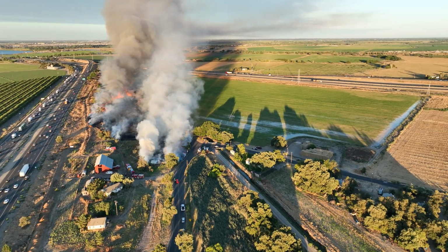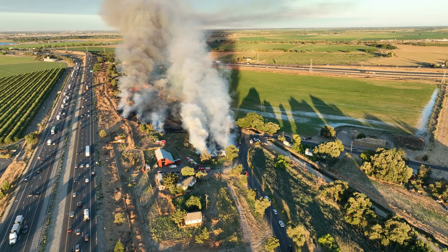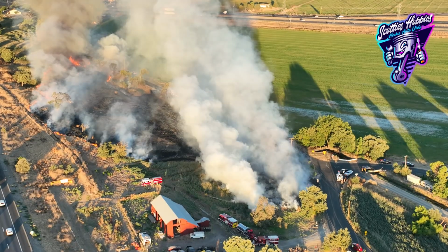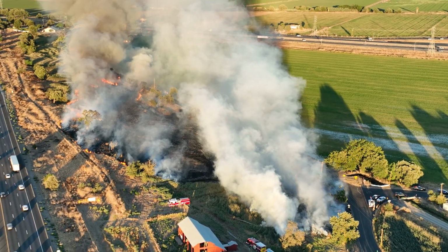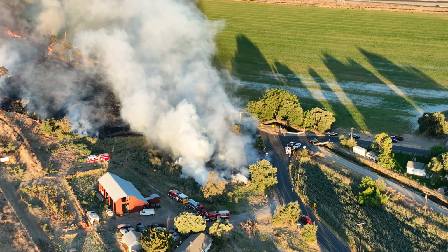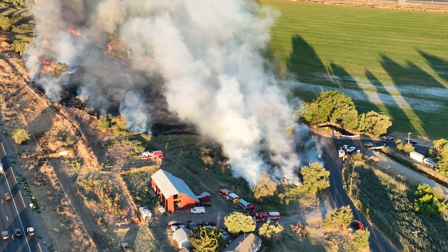You can see this is a vegetation fire on the left side of the screen right there. That is going to be 205. On the far upper right of the screen, that is going to be Highway 5. So this is going to be the 205-5 intersection here in Tracy, towards Banta, more so than Tracy. We had South County Fire, Tracy PD, San Joaquin County Sheriffs, and CHP all out here at once attending to